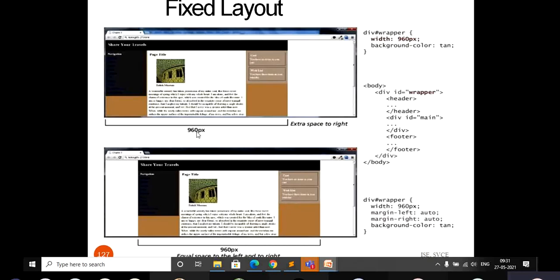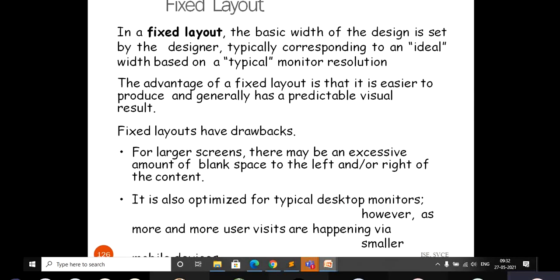Your window size is 960 pixels. You can check this; I will show the output for it. This is how you can fix the window size in terms of width. The width is fixed to 960 pixels. Whatever you change the window size to, this width is not going to vary. Even if you use a wider screen or window, it is going to leave a lot of white space between the left side and right side, sometimes even the bottom. That is the problem with the fixed layout.